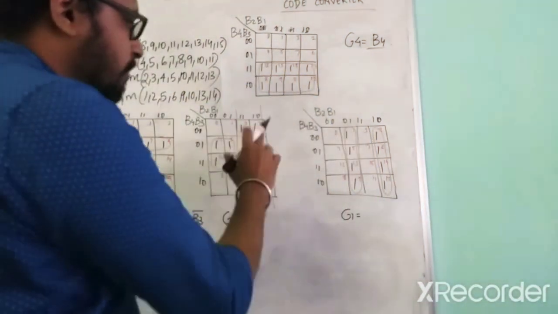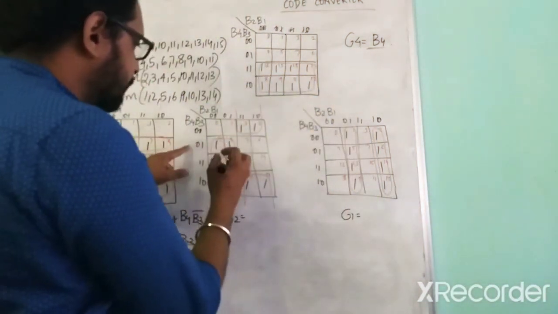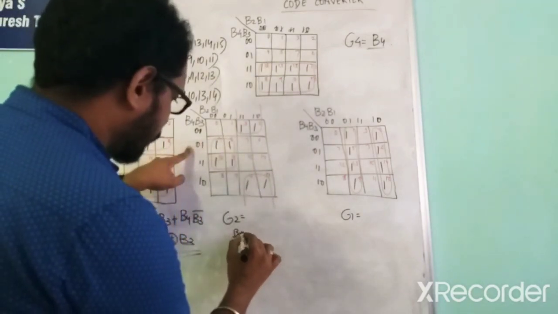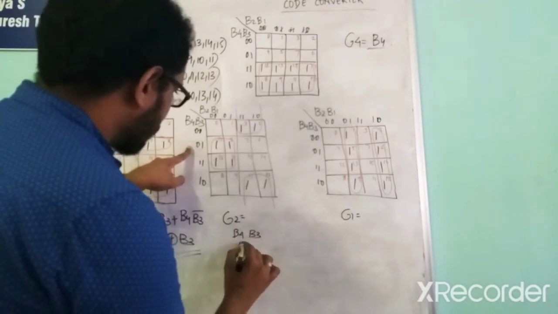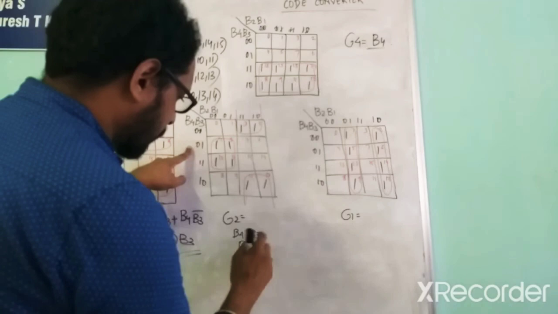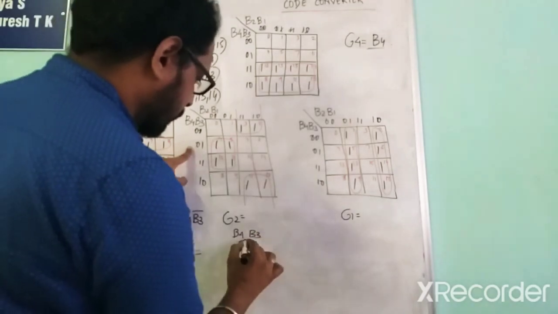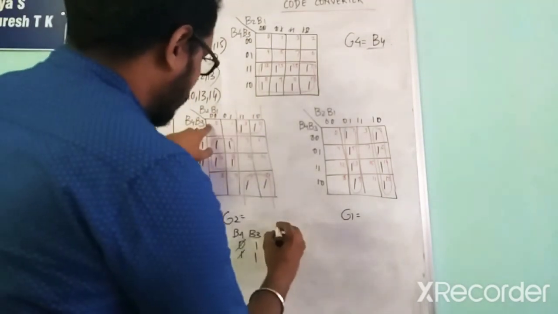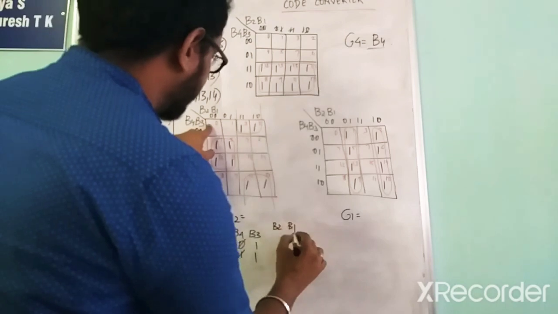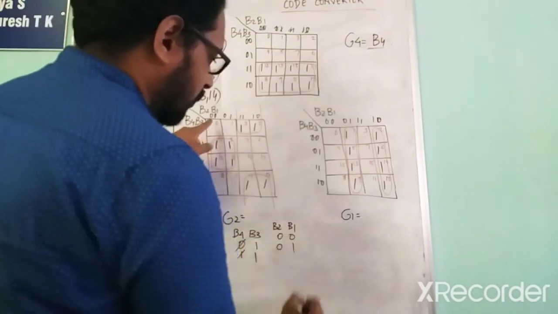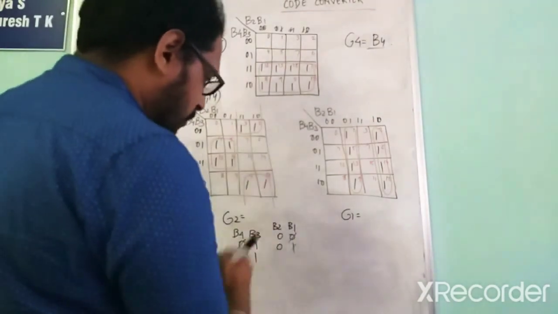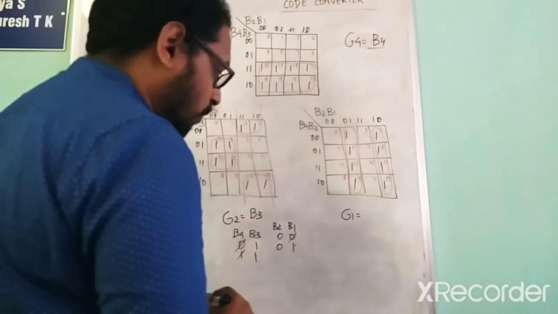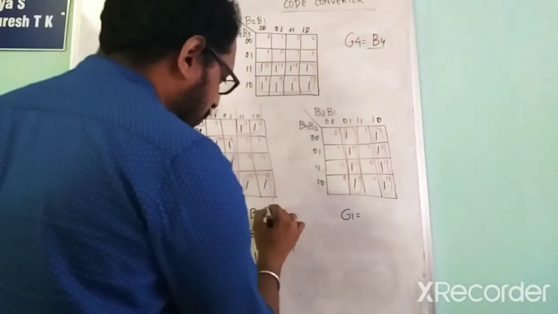Okay, now we have two quads here. Project this one leftwards. B4 and B3: 0 1 and 1 1, so cancel. B3 remains. Project this one upwards. Okay, we have B2 B1: 0 0, 0 1. This can be cancelled. So we have B2 bar. So we write this as B3 as the value is 1, B3 and B2 bar plus